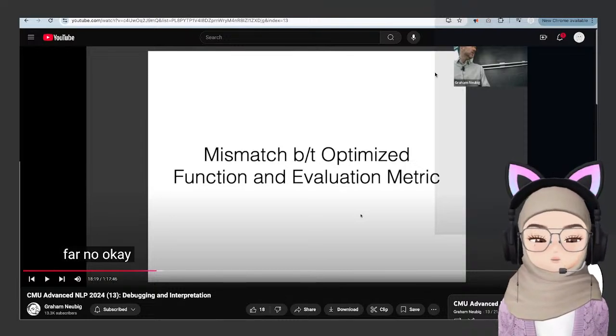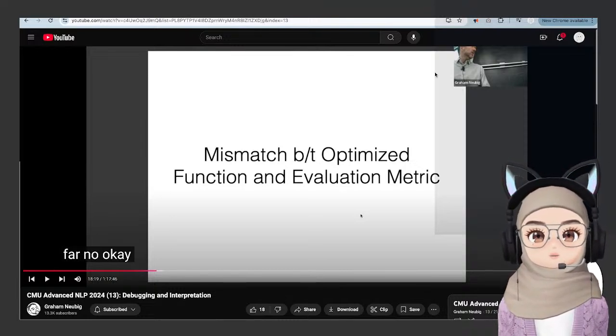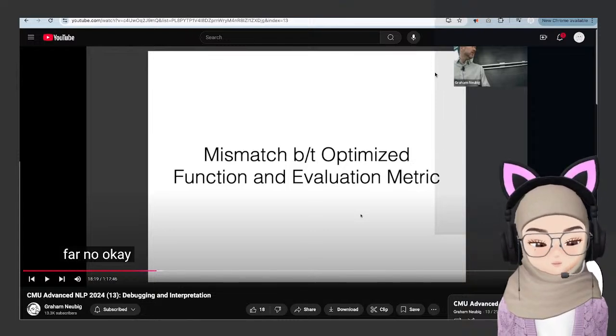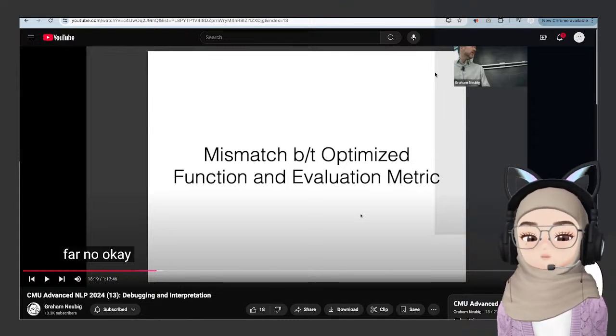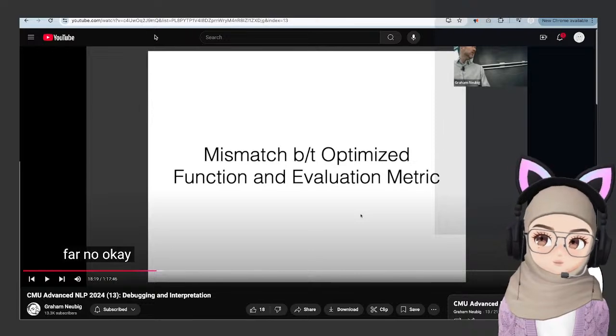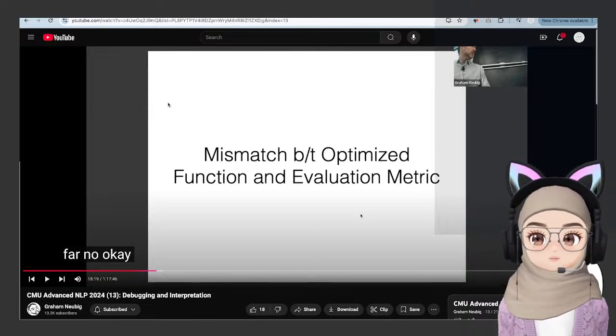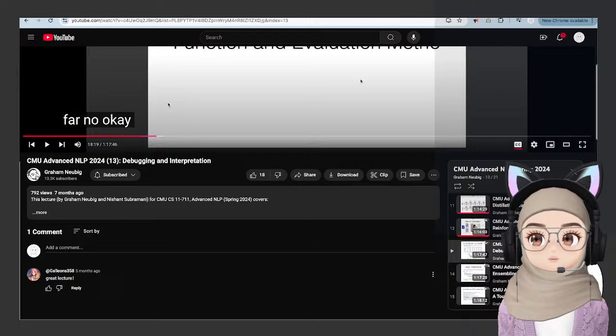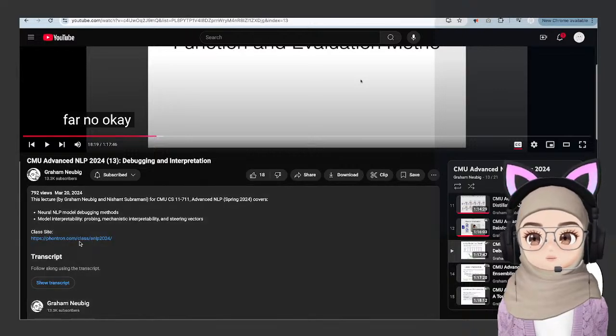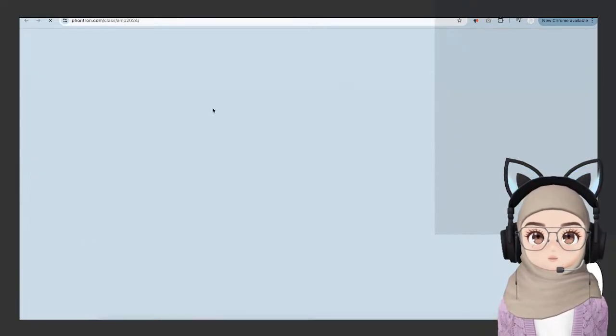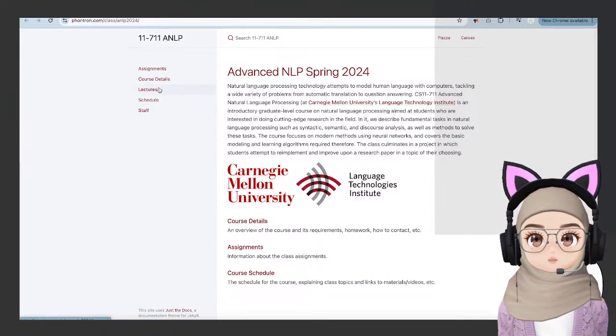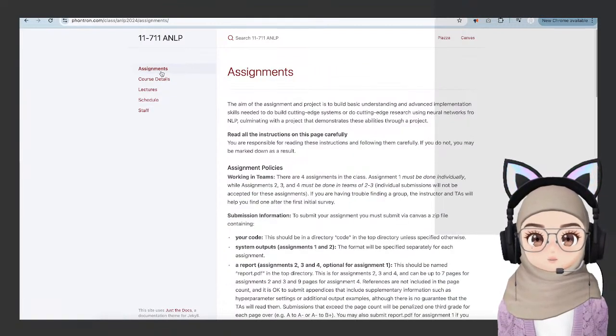Cool. I think it would be interesting if we just, I feel like I want to be spoon-fed, but if there were examples, because I like working with examples more. But if I go to the class, I don't think in the assignments,